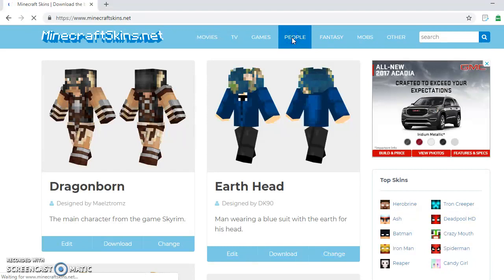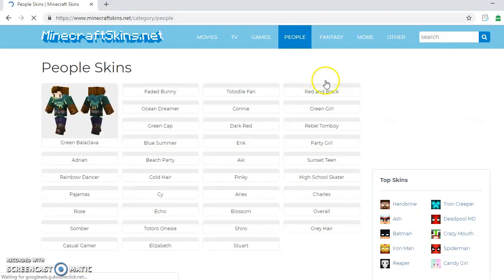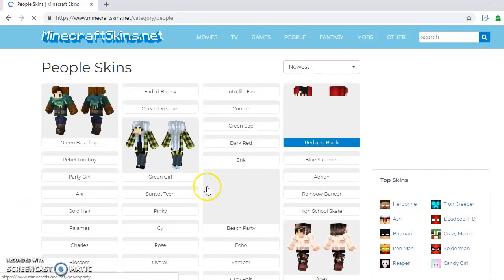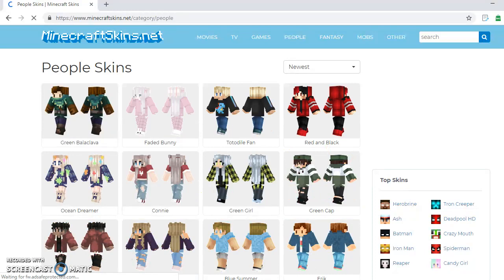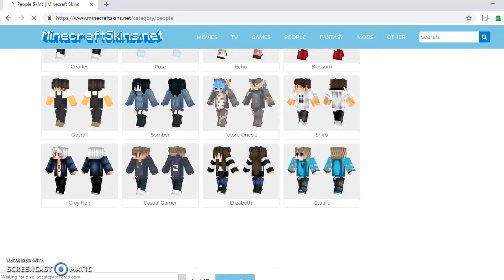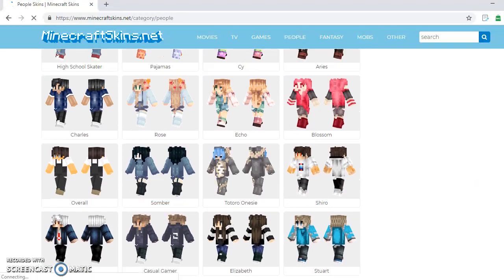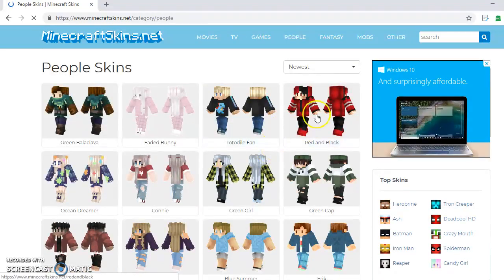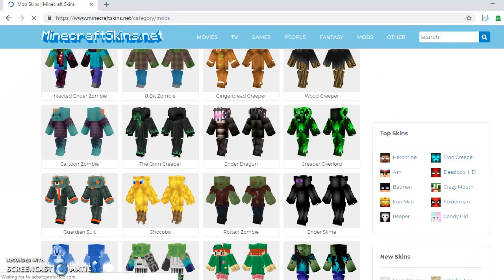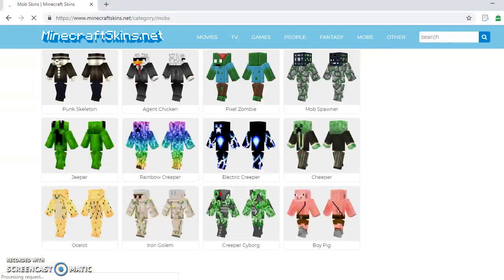Category you want, and once you're in the skin category that you want to choose, then you go ahead and choose the skin. So what you need to do next is just click on the skin, and if you're not interested in this category, then you go to a new skin category, and then you choose the skin you want here,